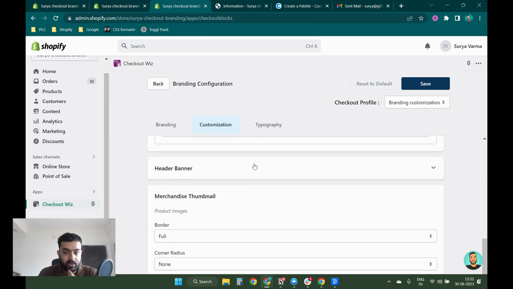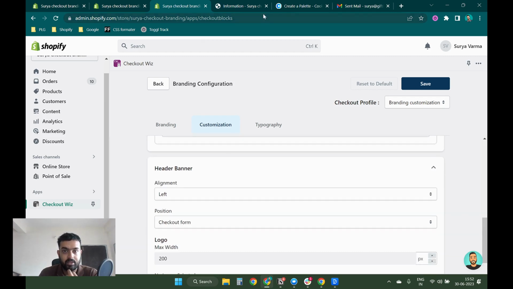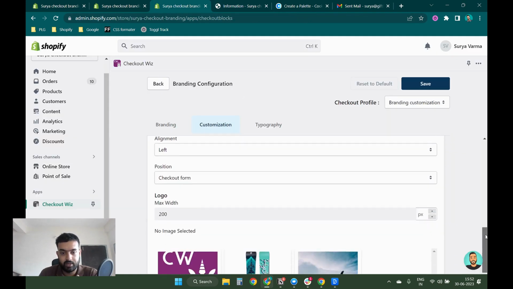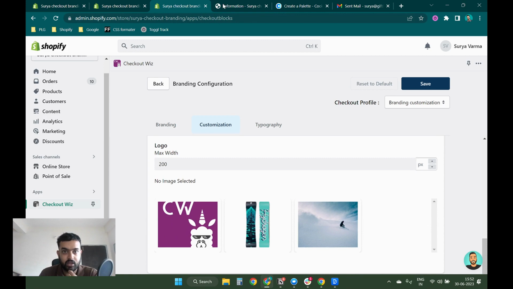Secondly, I have my header banner. So the header banner is the store name essentially, and how I want my store name to be viewed. I can put an image directly. Currently, you can see it's a text, but if I want an image to go there, I can put an image